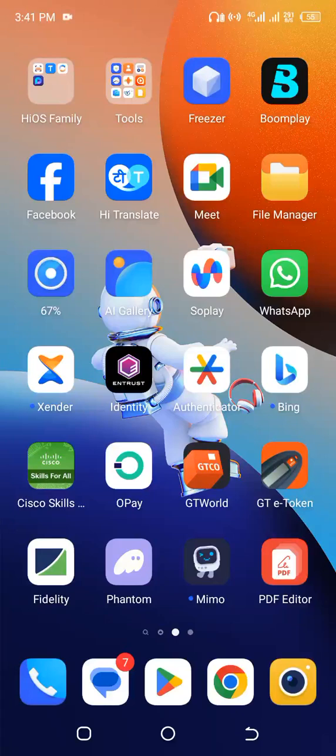Hello, would you like to know how to add a Gmail account on your Android phone? Do you also want to learn how to switch accounts in your Android phone? If you also want to learn how to delete Gmail accounts from your Android phone, you're in the right video because I'm going to be teaching you how to do all three. How to add as many emails as you can, how to switch accounts, and also how to delete accounts from